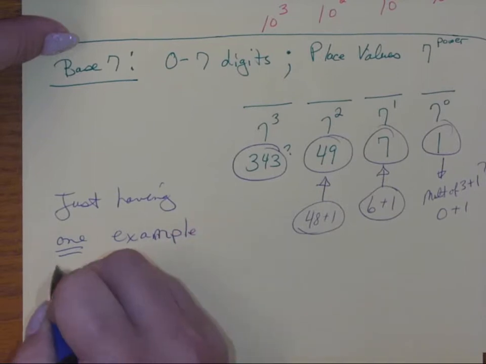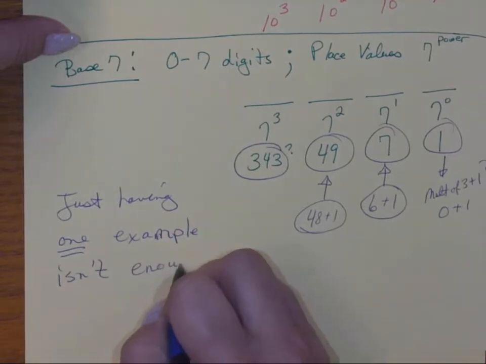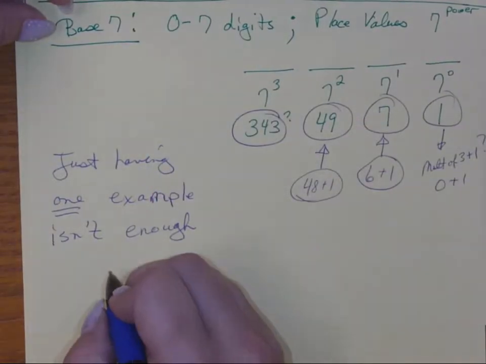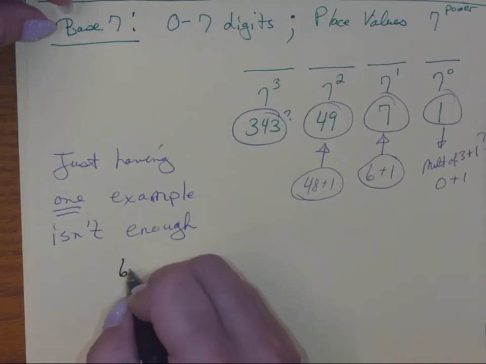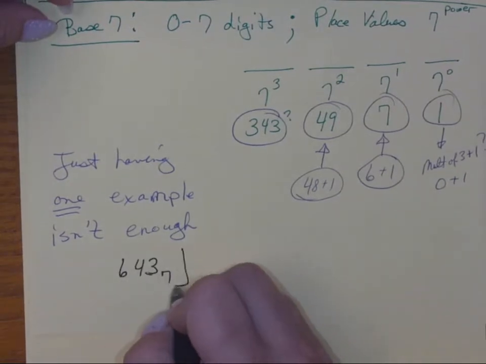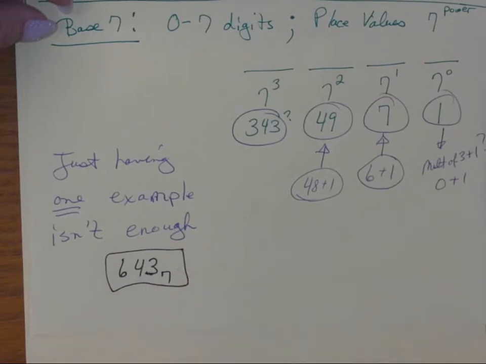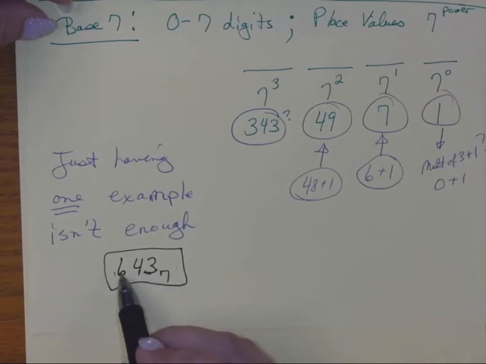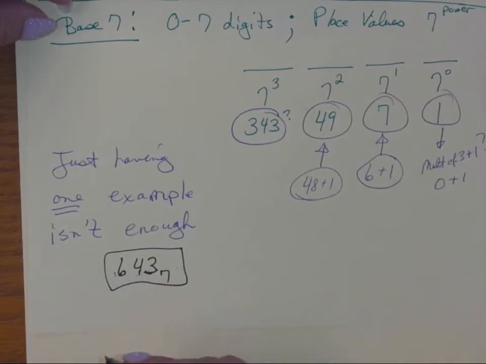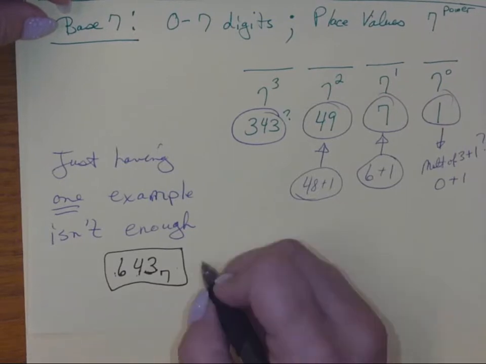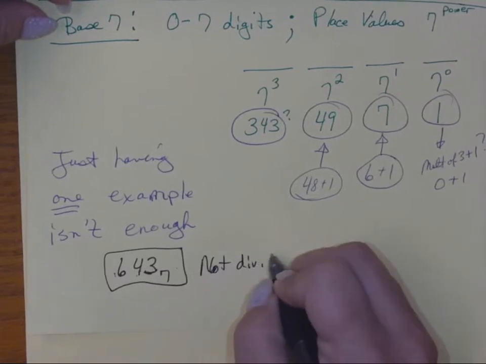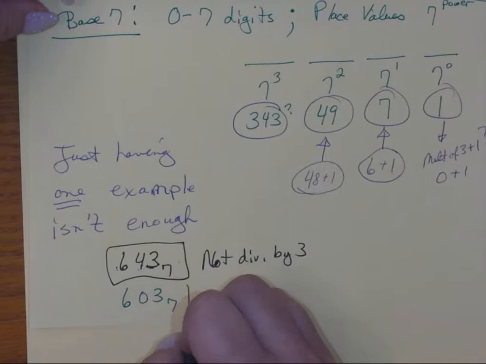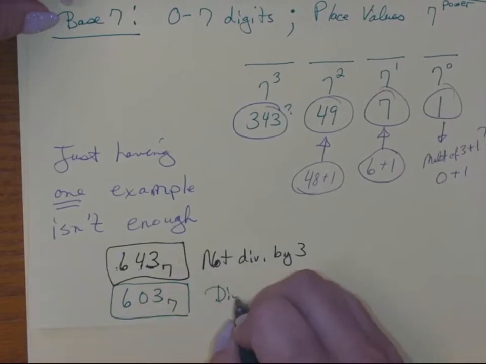So one example isn't enough. Say you pick some base 7 number. Again, my digits are 0 through 7. So maybe I have the base 7 number 643, and I figure out that that number is divisible by 3 if its digits all add up. Actually, this one would not be, right, because 6 and 3 is 9, plus 4 would be 13. So I think that would not be divisible by 3. And another one would be, how about 603 base 7, would be divisible by 3,